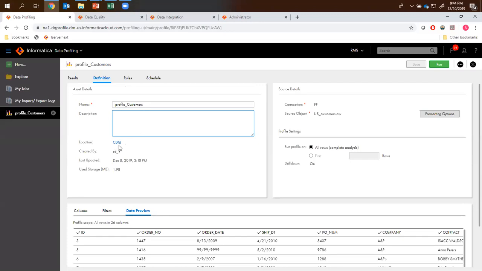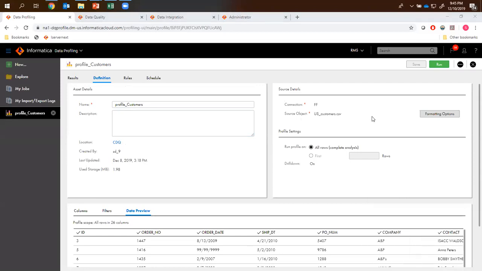The location here means in which project or in which folder it is present. Along with that, you would have to provide the connection details, the source connection and the source object. Currently, the profile task is supported for flat files, Oracle, SQL Server, and